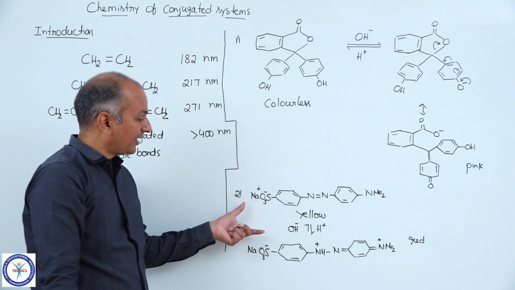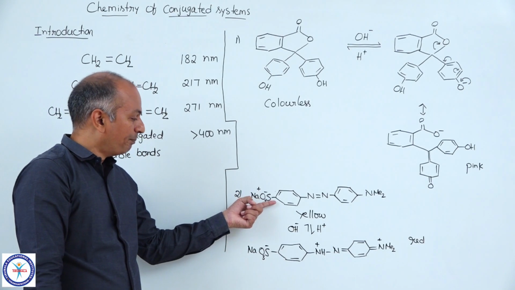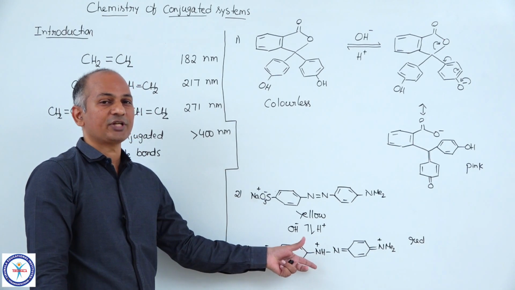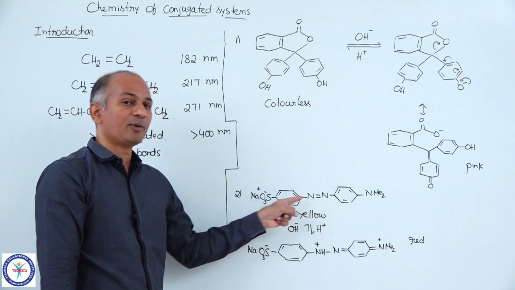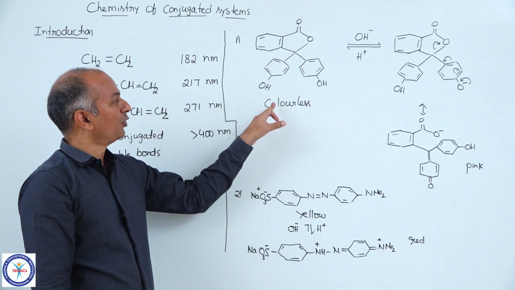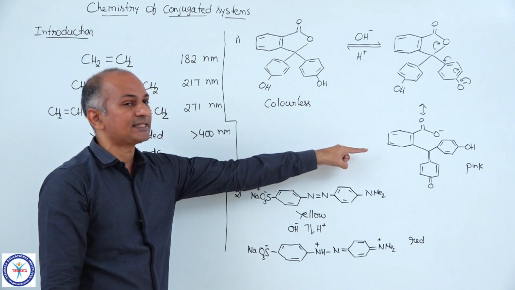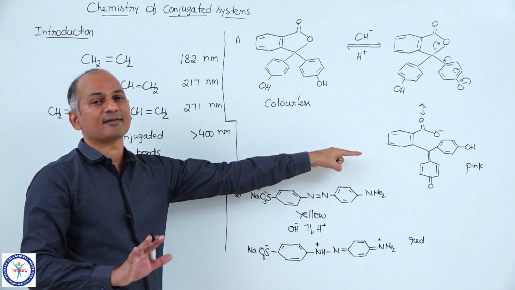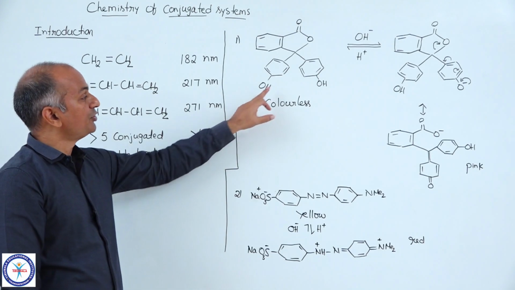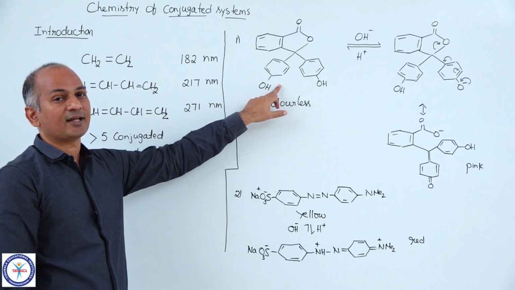So in the case of methyl orange, both base as well as the conjugate acid, they are colored, because we have conjugation. Here also we have more than 5 double bonds in conjugation. Here also we have that. But in the case of phenolphthalein, only the conjugate base is colored, because only it is satisfying the criteria for the color. But its conjugate acid is not satisfying that criteria.